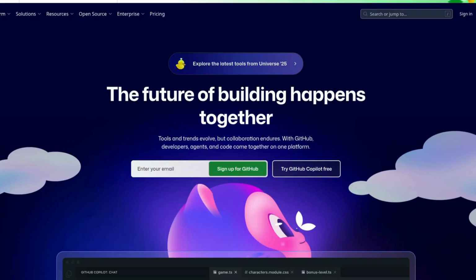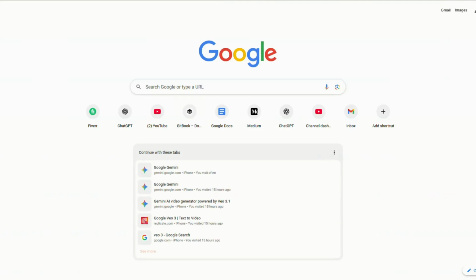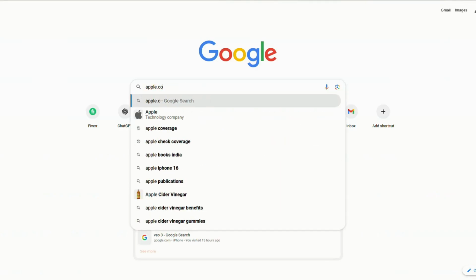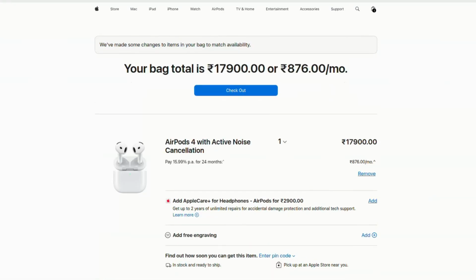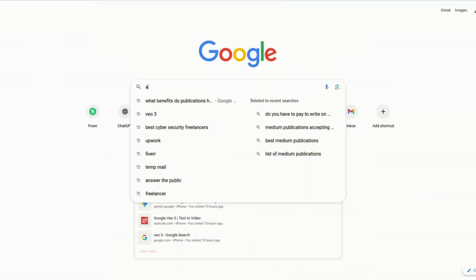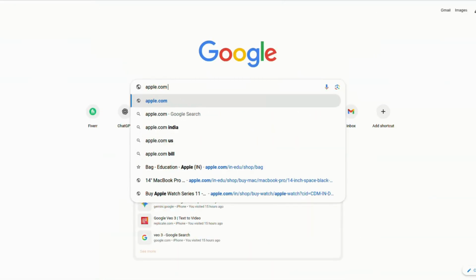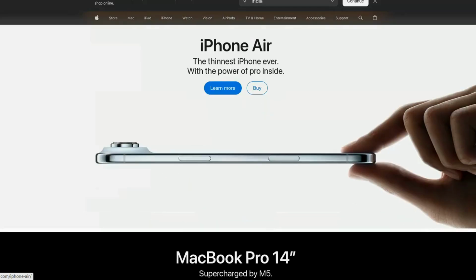Let's try to find out about Apple. We have apple.com. Not this one. Apple.com. Yeah, this is the website.